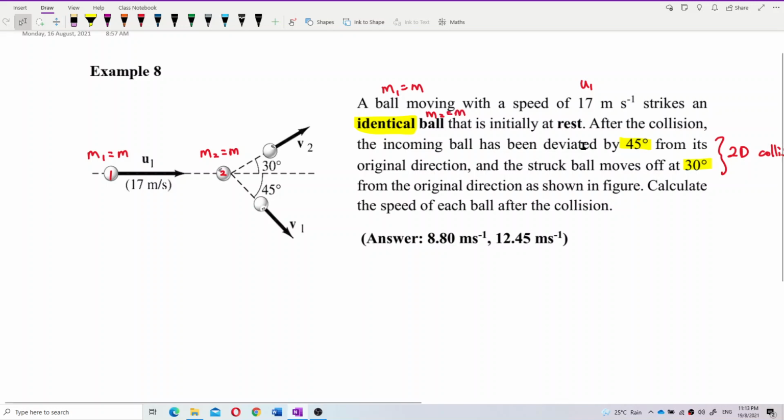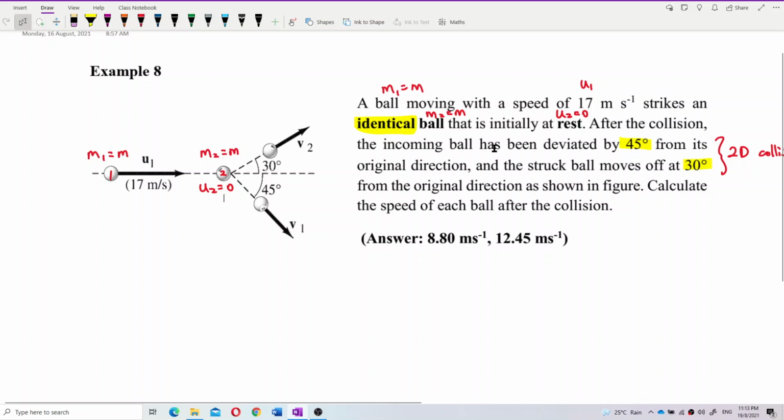Now, m2, the ball 2, is initially at rest. That means u2 is 0. So we put it here, u2 is 0. Alright, now after the collision,